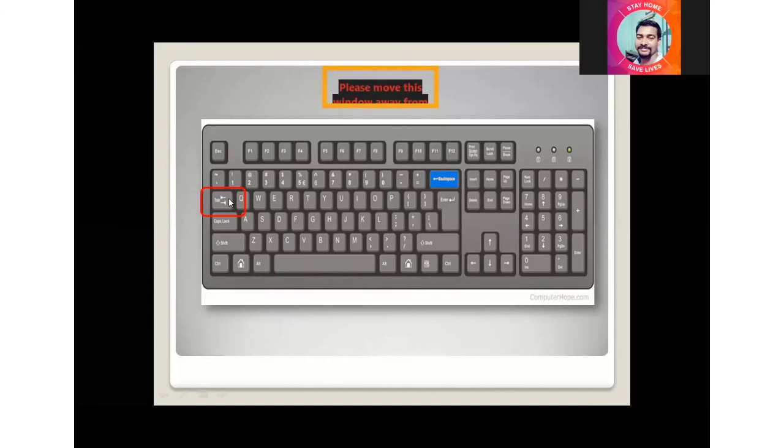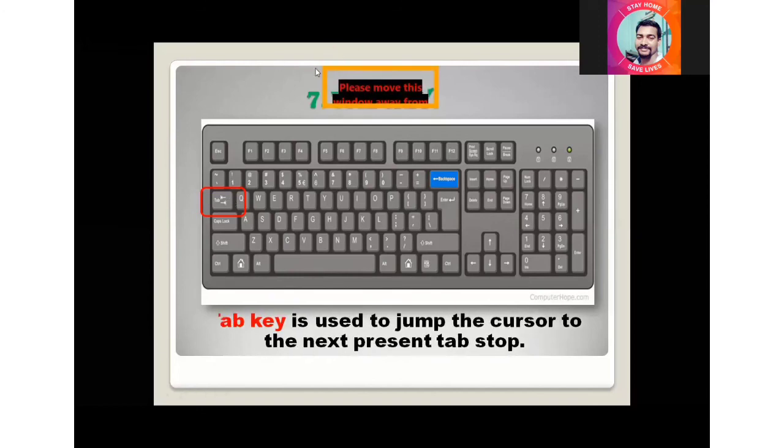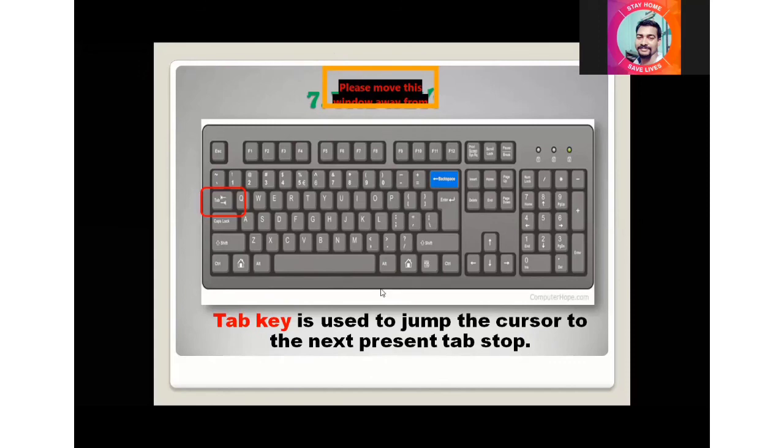The tab key is used to jump the cursor to the next tab stop. One tab will go like that. Again you press, it will go this far. This sentence will move this side.